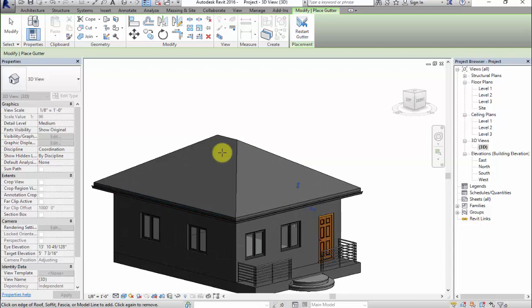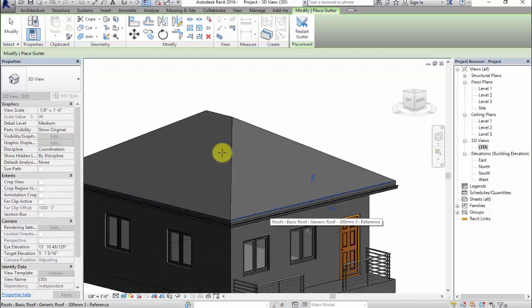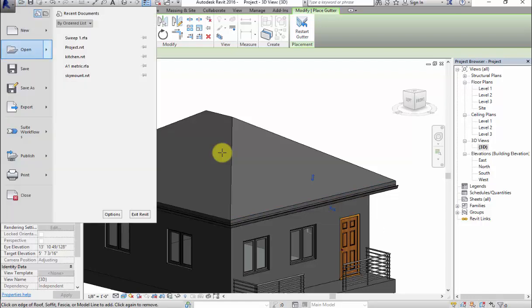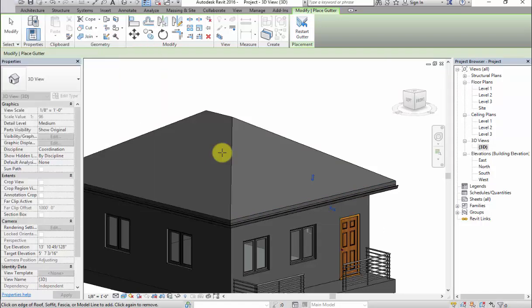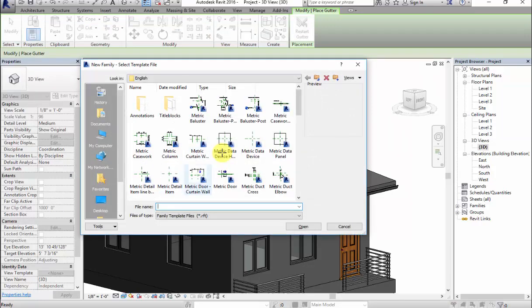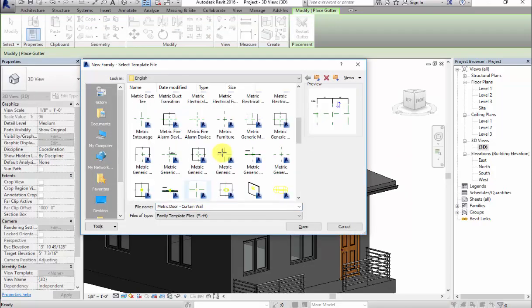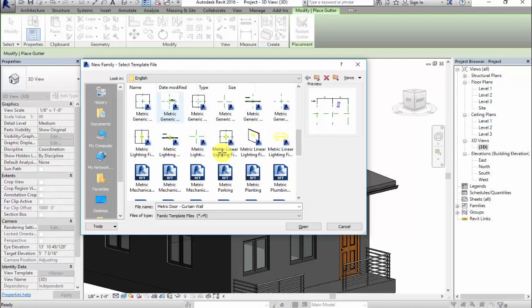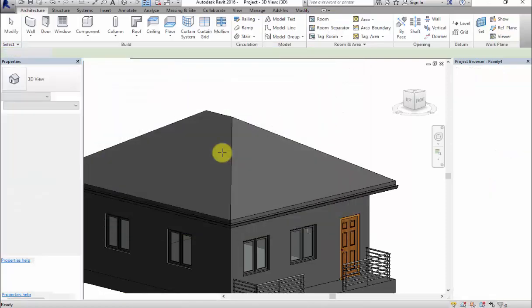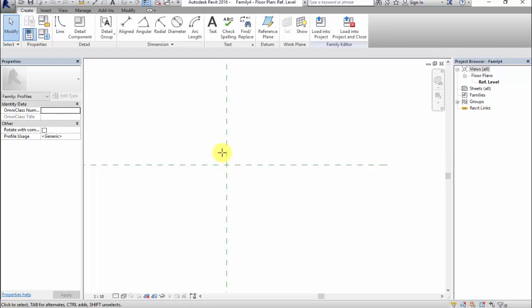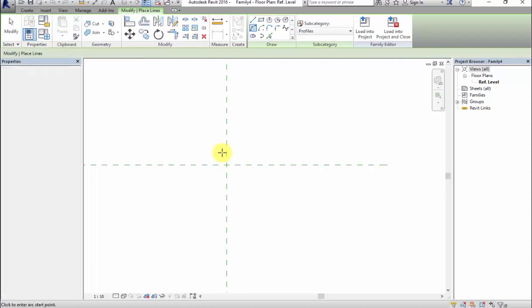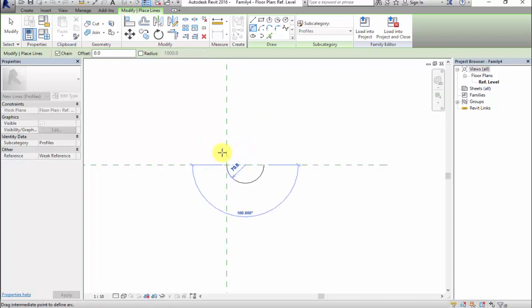For this also you can change the profile, as I have told you for roof fascia. Again I will drop down the application menu, take a new family, and select the profile as metric profile. I'll click on open, and again using the line tool I will draw my profile as per my requirement.